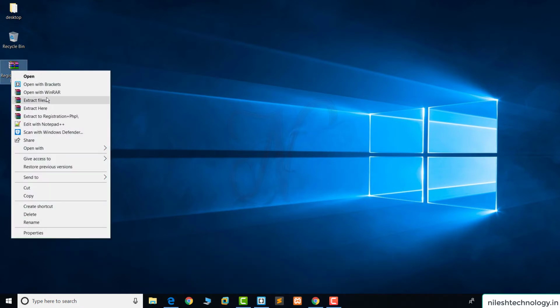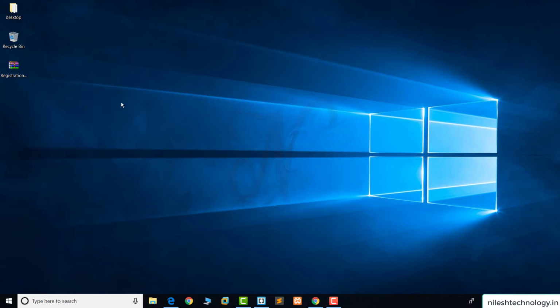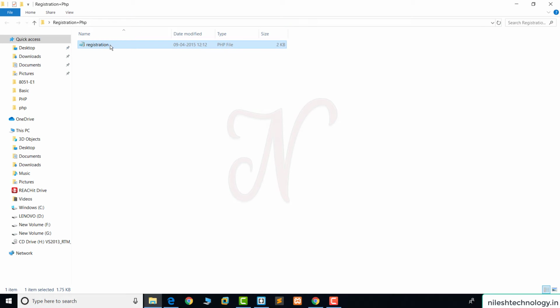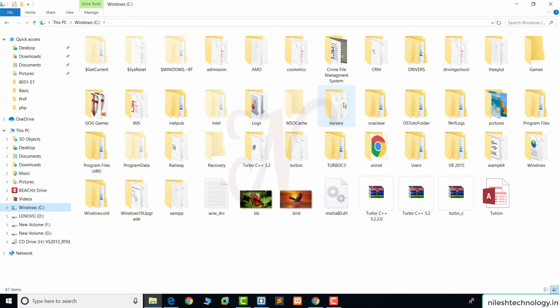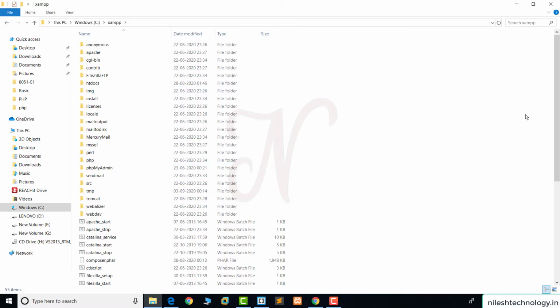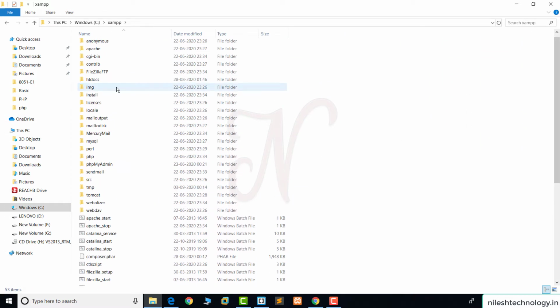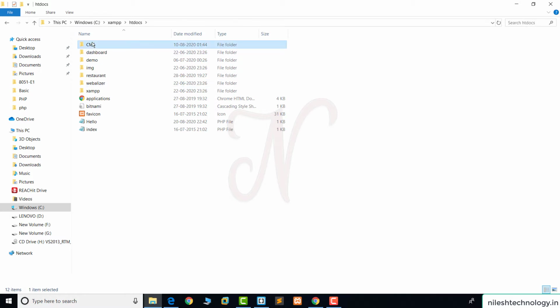Here we extract and create a folder, this one. Here there is one registration.php file. I will move this file into my project location. So copy, going to my C drive where my XAMPP is installed. Again go to my working directory htdocs and cms.